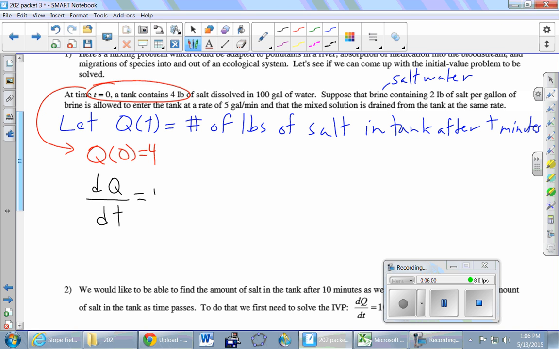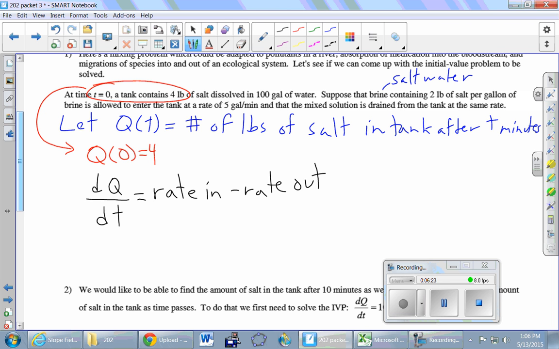And I'm going to write it in plain English, and then we'll translate the English into expressions. But would you guys buy that the rate at which the salt in the tank is changing is the rate at which the salt is coming in minus the rate at which the salt is leaving? Is that fair? The rate at which the salt is changing is the rate it comes in minus the rate